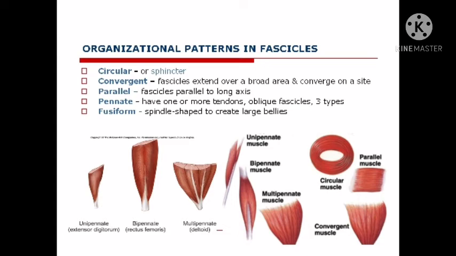So the circular muscles are sphincteric in shape, and they are always present in areas where a sphincter-like function is used. For example,